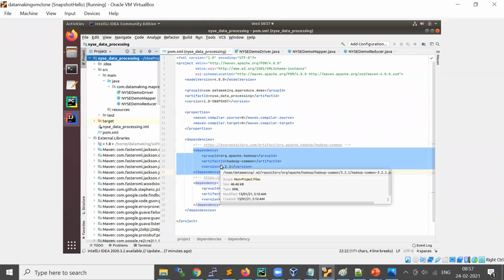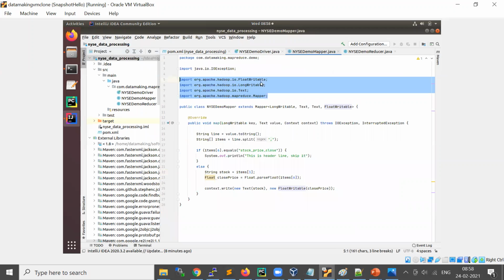So that's one use of the Maven build tool. In very simple terms, you specify which jars you want to use in the pom.xml file, and when you build this project, it will go and download those jars and keep them for you.